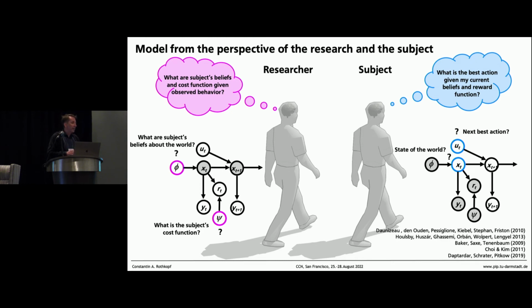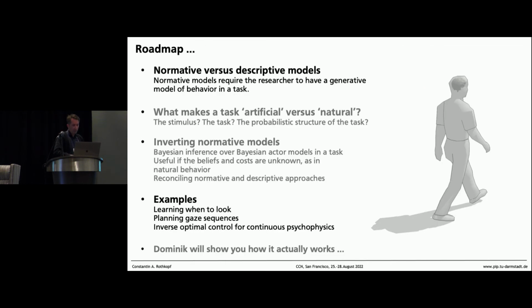on applying it in the context of neuroscience. And so the point here is, well, what the subject has to do is very different from what we as researchers have to do. Well, we know what we put in the experiment, but we don't know what the beliefs of the subjects are. We don't know what the internal rewards of the subjects are. And the question is, are we able to reconstruct that? All right, and I wouldn't be here if we hadn't tried several things to get at that, and that's what I'll try to show you next.